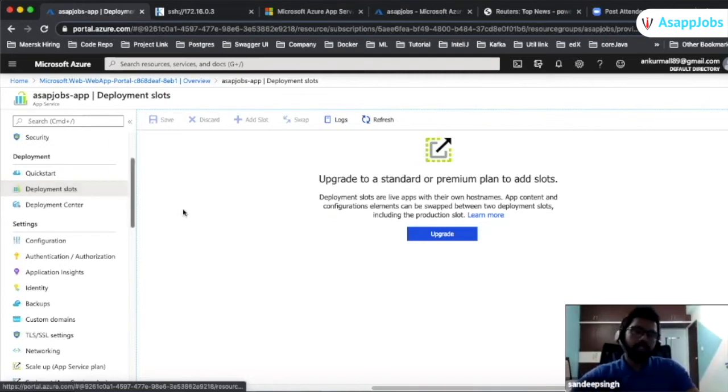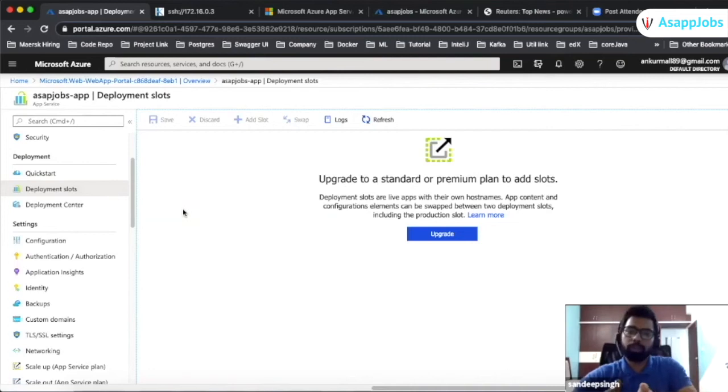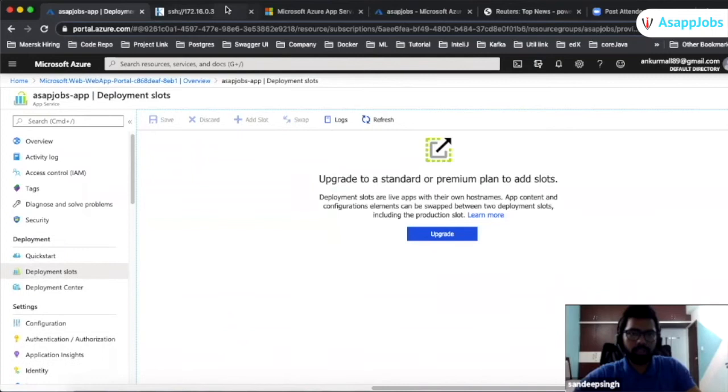So here also, what I can do, I can have my deployment slot. I can go with multiple copies of that instance. I can distribute my traffic, like let's say I can divide, maybe round robin, or 50-50, or 60-40, anything I can do through here. Any question till now?